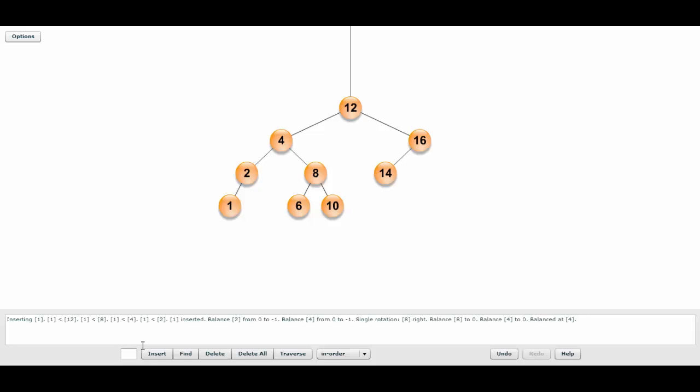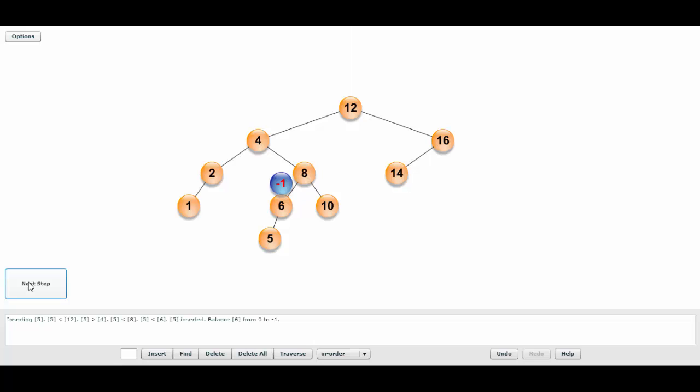Okay, now in this second part of the demonstration of AVL, I will show you how to do the double rotation. If we add 5 to this tree, it will go to the left of the node 6. And now if we test the balance of the tree, we will see that this subtree is balanced, also this subtree